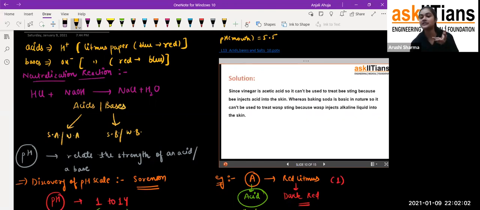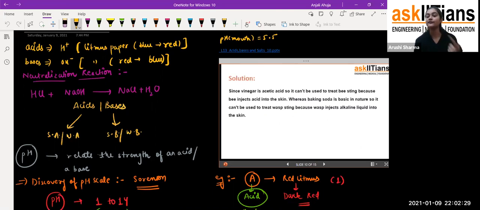So there's a difference between the bee sting and the wasp sting. A bee sting injects an acidic liquid, whereas a wasp sting injects an alkaline liquid. So you have to use the opposite of the two. Like we can see here that vinegar is acidic, so we can't use it for the bee sting. We can use it for the wasp sting because the wasp sting is basic in nature, so it will get relief